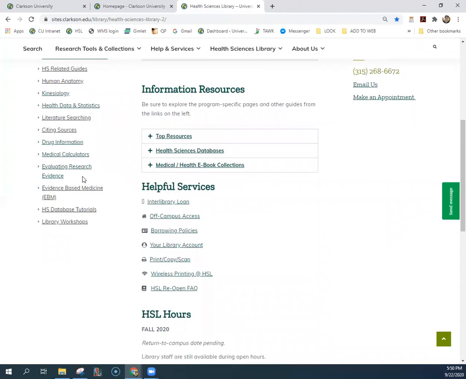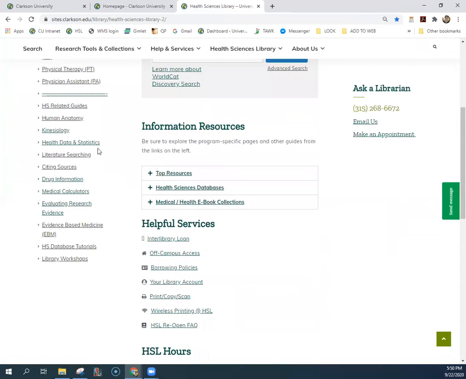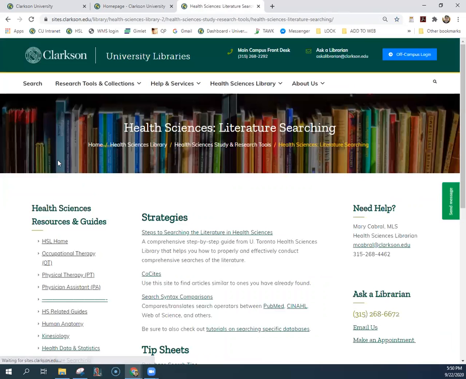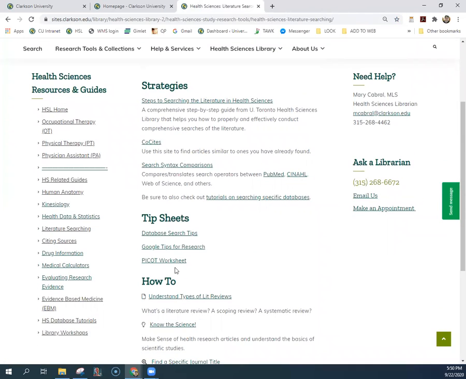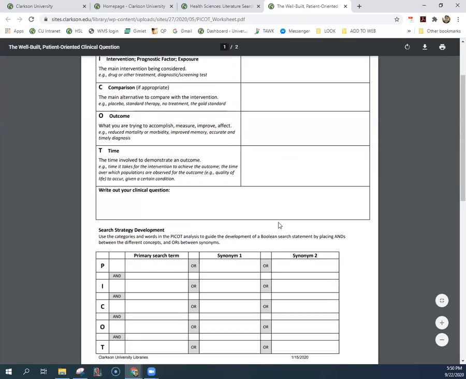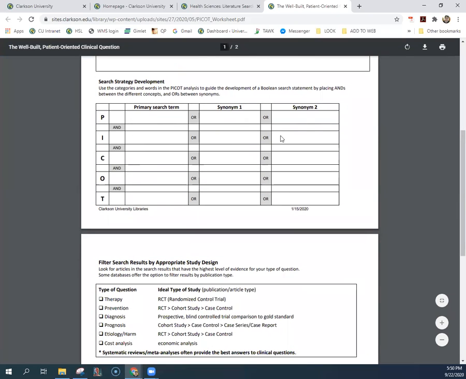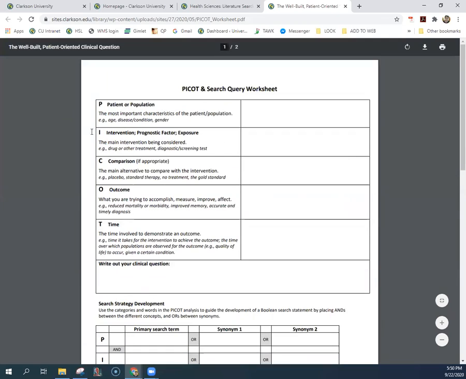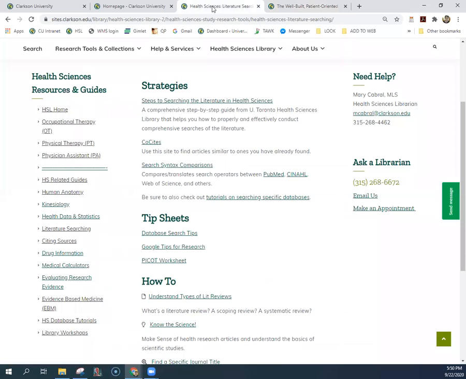Some of those tips and tricks and search strategies, I do have a worksheet on that. If you click on the guide to literature searching on the left, under these tip sheets, I've got that database search tips. I also have some Google tips for research, which we didn't cover today, and also a copy of a PICO worksheet that I mentioned, where it allows you a place to map out your clinical question, break it down into your concepts, and then take those concepts mapping it out in a way that Boolean can be useful,